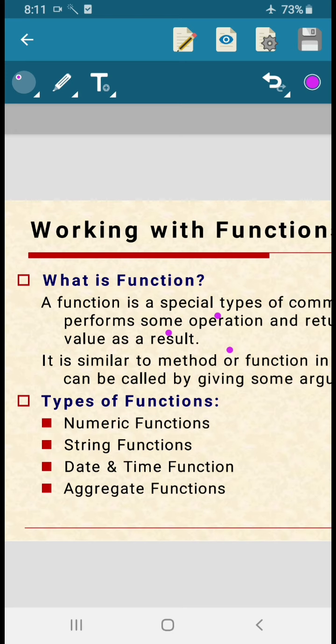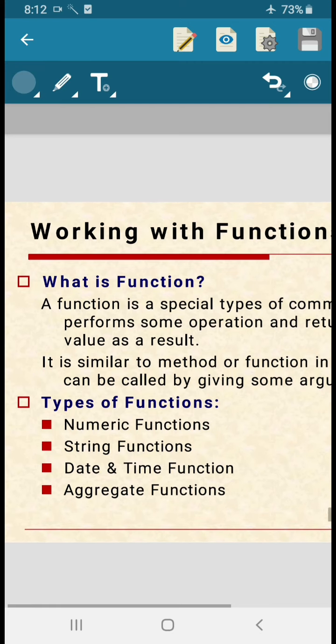We also saw, with the help of the select command, different types of operators, and we also saw the where clause with conditions like pattern matches, in, not null, different types of keys, constraints, integrity constraints. So all these SQL concepts we finished. Today's concept is about functions. So what is a function?